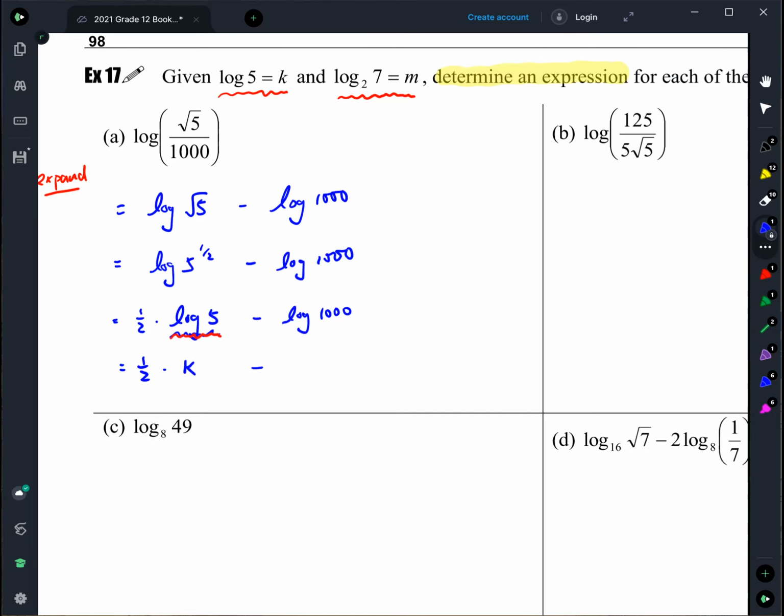Minus log 1000. What does that equal to? Can we simplify log 1000? Think about counter clock. Is it 10 to 3? Yes, very good. So minus what? What do we put? Minus,